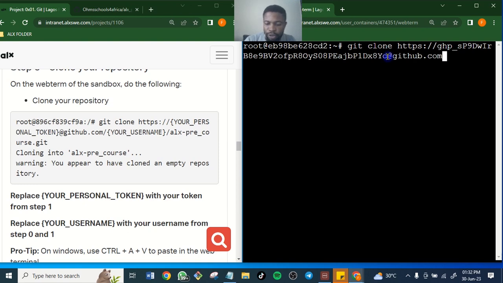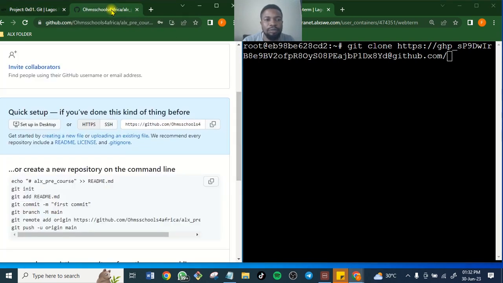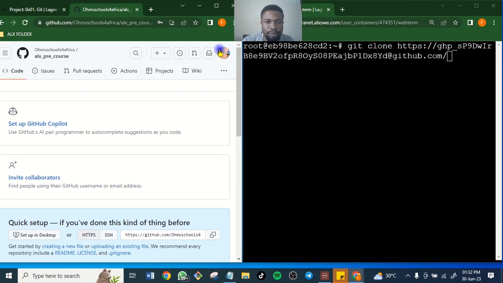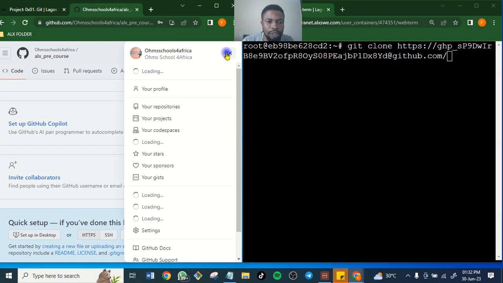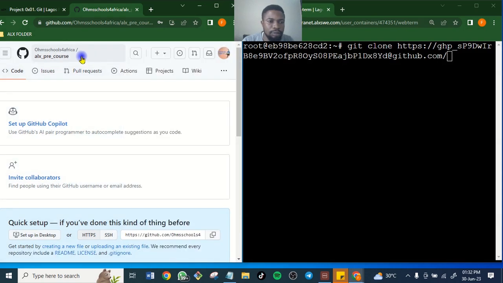Then slash username. What is your username? Go to your GitHub account and get your username. It's easy for you to get your username. You can come to codes.